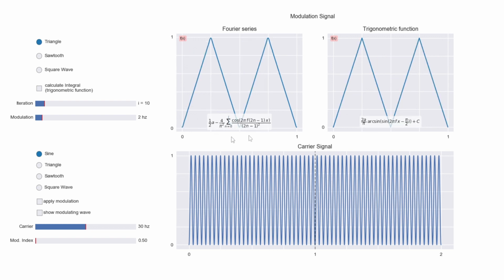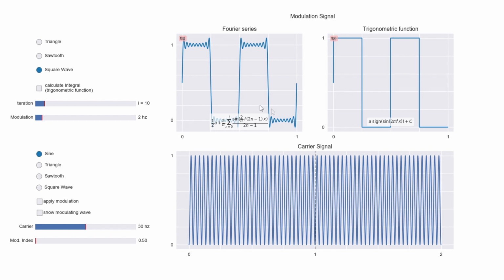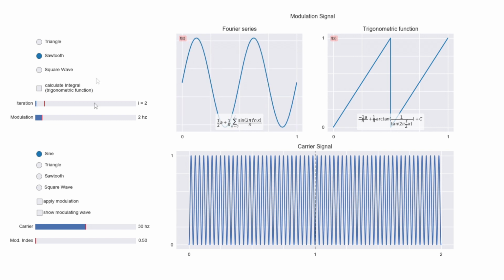This is the formula for the triangle wave. This is the formula for the sawtooth wave. And this is the formula for the square wave. And if we choose the sawtooth wave, at the beginning it's basically a sine wave, and if we increase